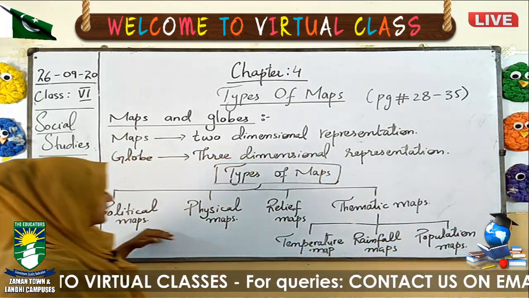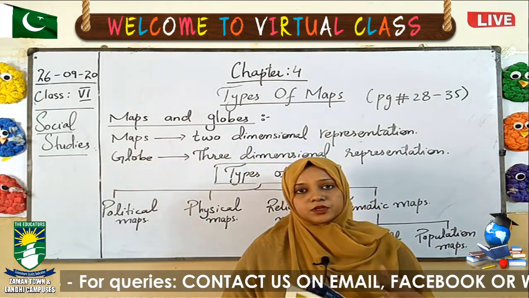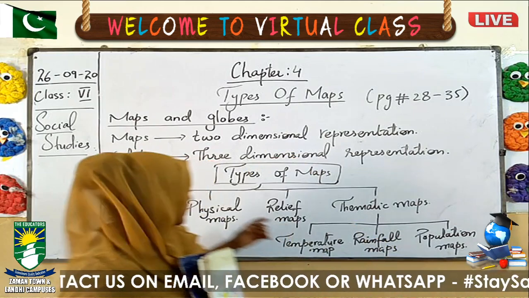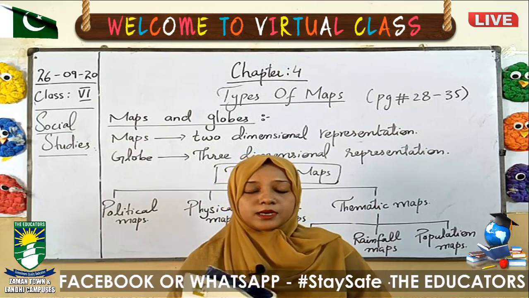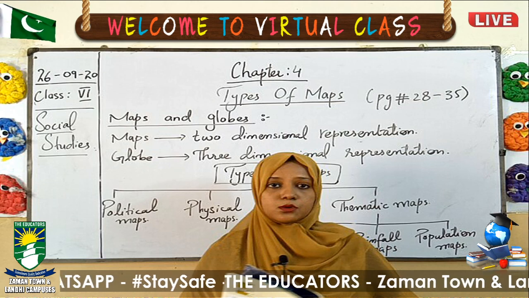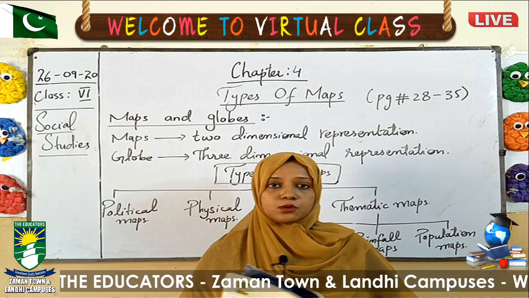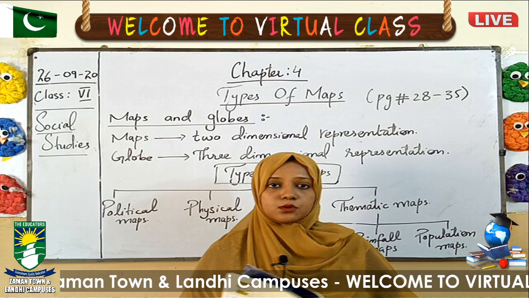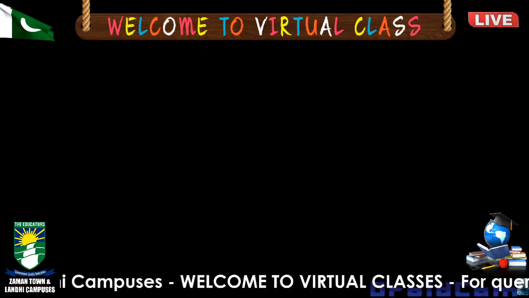Right? For example, due to any political issue, if some part of a country gets separated, it is going to be highlighted on the map and shown by the political map. We have experienced the separation or partition of Bangladesh after the partition of Pakistan. Previously it was a part of Pakistan, but now it has become another country. But which map can show this? The political map. Because of some political issues, the separation happened.